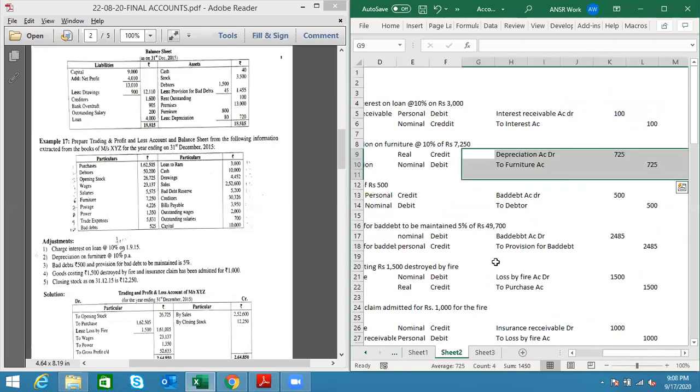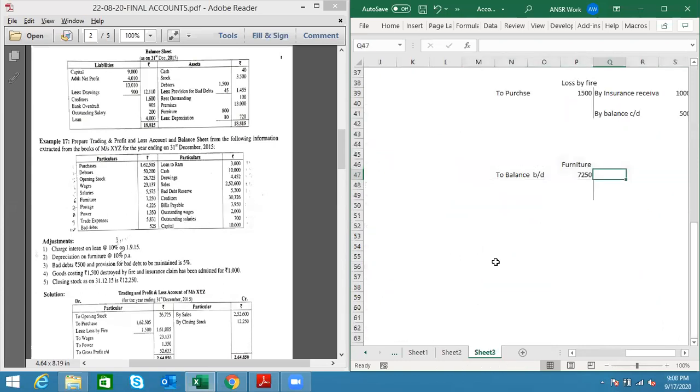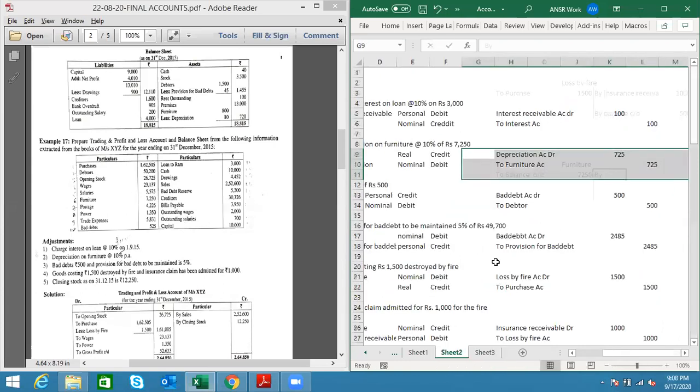What will be the particulars? By balance. By the other balance aspect, right? By the other